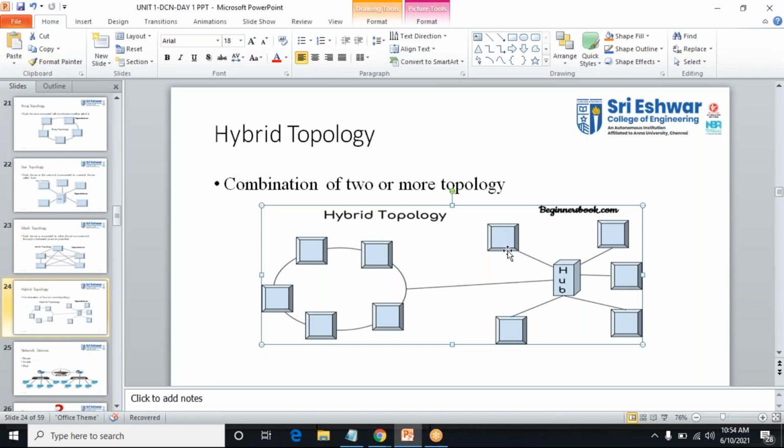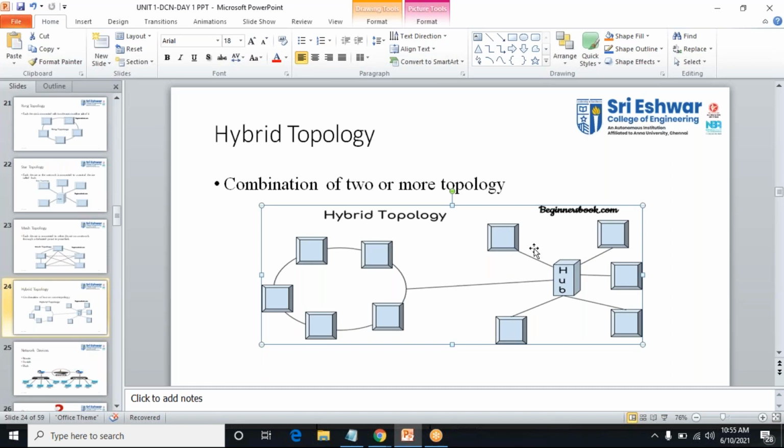See the second one. Is it the star topology or bus topology? Any idea? Yes, very good. This is a star topology, right? I'm going to combine the ring topology and star topology, or I can have any number of topologies, the bus topology or anything, and combine them with each other.